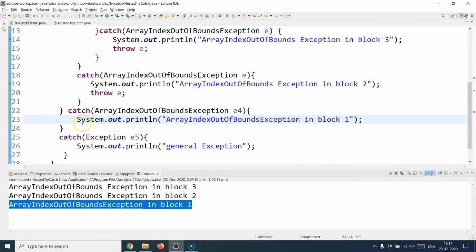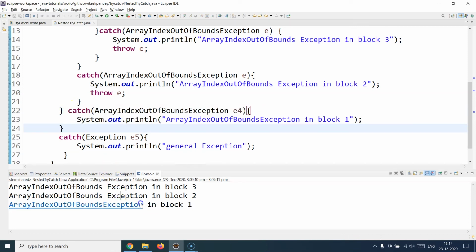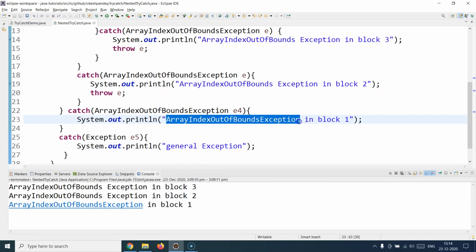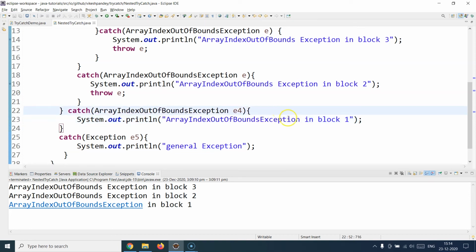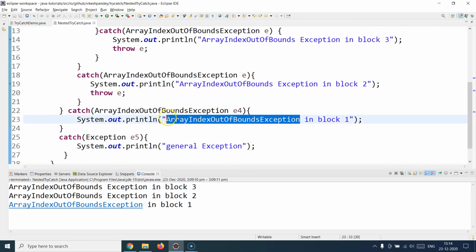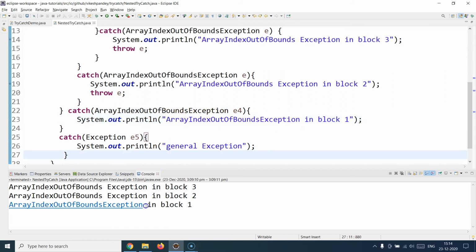And this is where the exception just stops being propagated, because I'm not rethrowing the exception from this particular catch block. So that's where the exception ends. The reason you see a hyperlink here is because the text which I have printed here exactly matches the name of the exception. So Java is pretty smart in that case. If you use the exact same exception name, it will link it to the matching class name in Java,